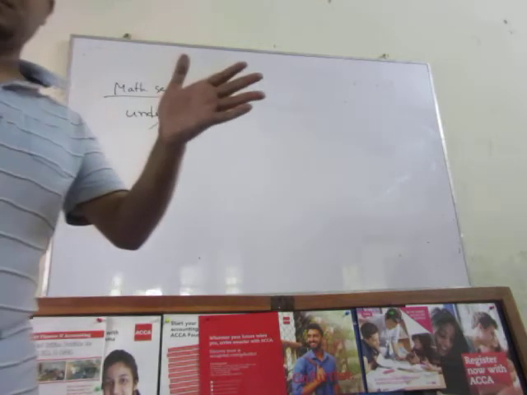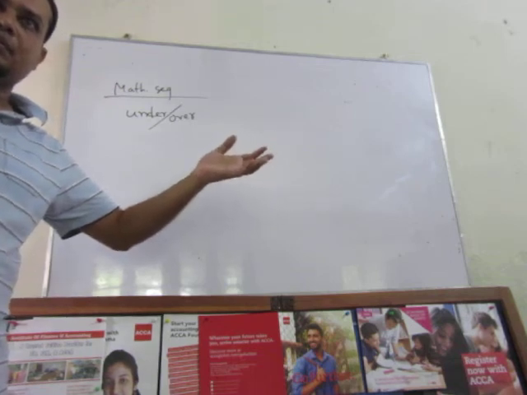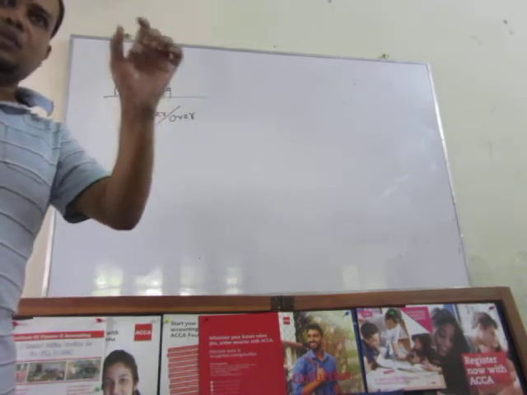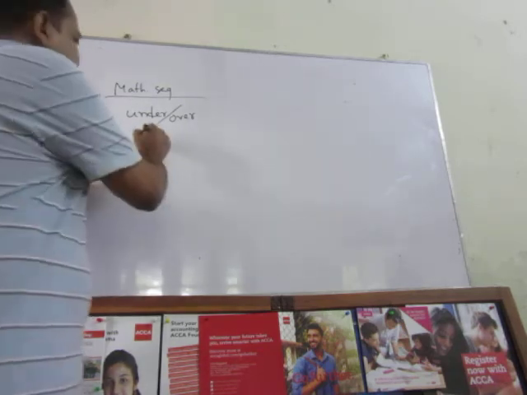Within the mathematical problem question, the word under over may be there. If the under over word is there, that means you have to use the structure absorbed,